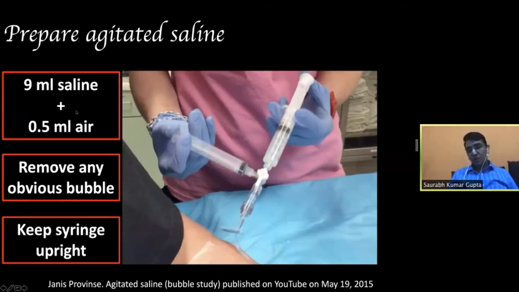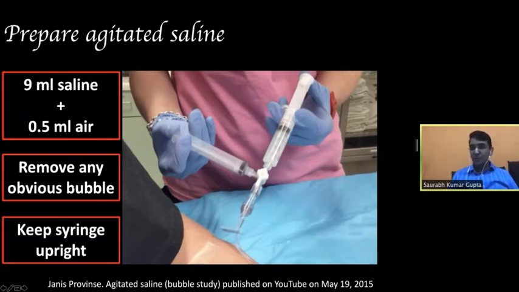Although some of the literature says that you can add blood and it improves the echogenicity, I personally feel that it increases the steps, it increases the requirement of absolute asepsis, and then there is a risk of contamination to the patient. So I would suggest 9 ml of saline and 0.2 to 0.5 ml of air. And on almost all occasions, I have never been pushed to use blood in addition to this.